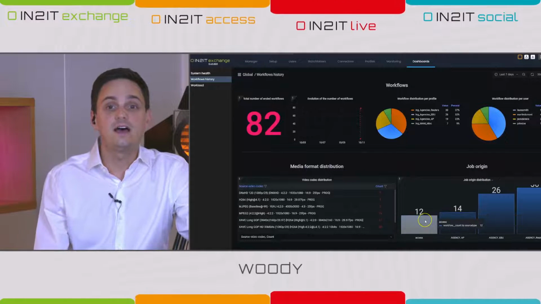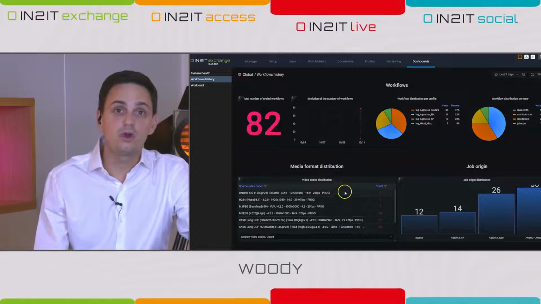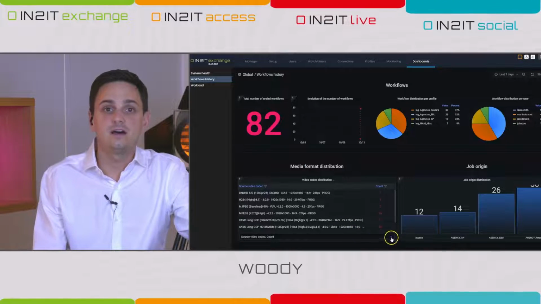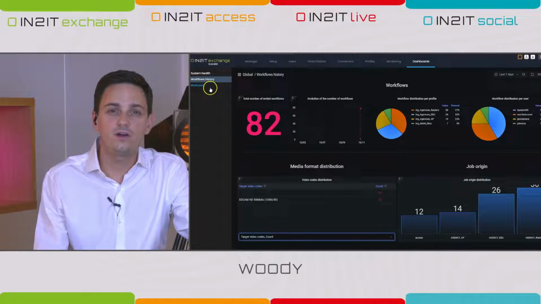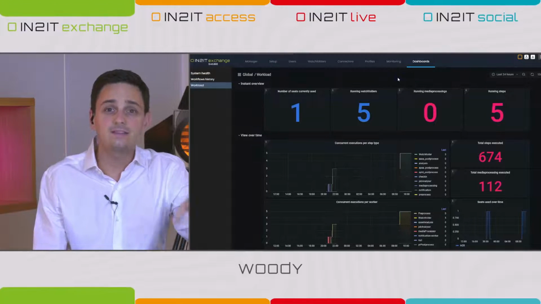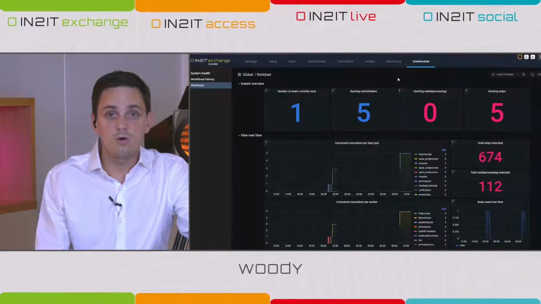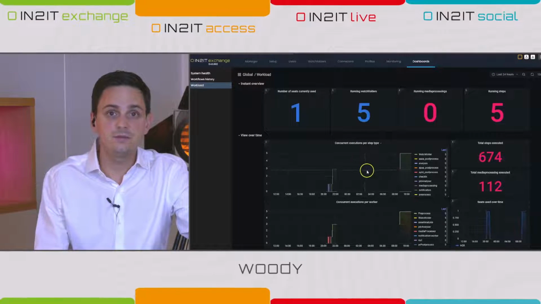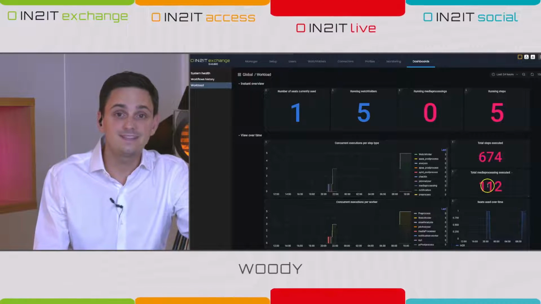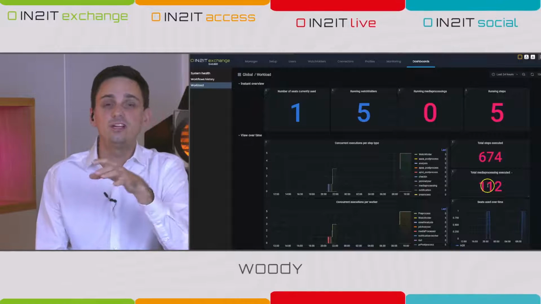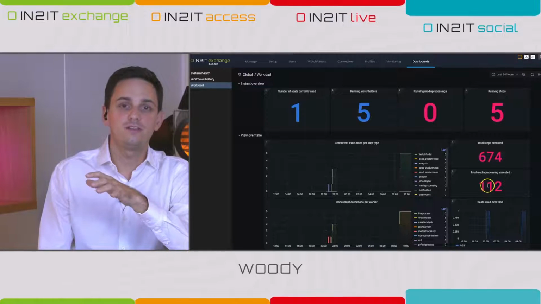What is the distribution of the workload depending on the source, and also on the source format, target format. So you have here very interesting business metrics, and you can also know the current workload of your system, how many processings are in progress, how many users are connected, and not only in real time, not only an instant view of these metrics, but you can see over the time how the system is used, which will help you to size properly the system,